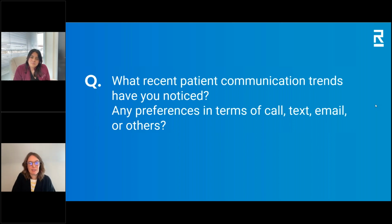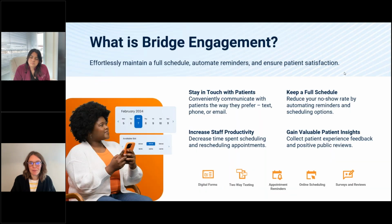Okay, interesting. Thank you. I'm going to go into a little more depth about how we are approaching this one with Practice Management Bridge. On the next slide, you'll see that when it comes to patient engagement, we want to be offering patients what they expect as consumers. That's that always-on experience that feels personalized and catered to their needs. Like Val was saying, if they're out and about, a text really shows that we respect and we get